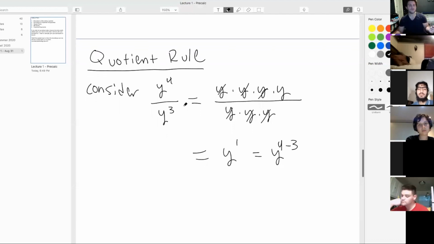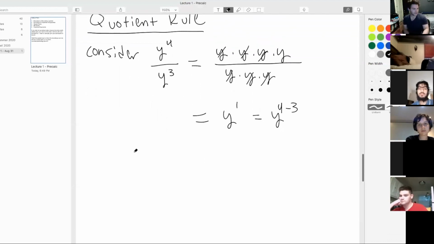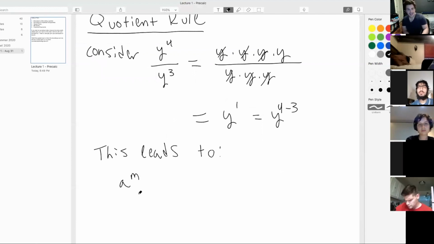So this leads to the rule, the quotient rule, okay? So basically, you just subtract the powers instead of adding them. All right, so here's the quotient rule. This leads to, so let's look at a to the m divided by a to the n. This is,